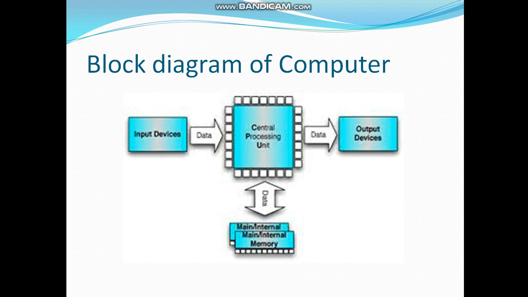Here you can see the block diagram of computer on the screen. This is very important from the exam point of view. It basically depicts the four operations of the computer: input, output, processing and storage. Through the input device we feed the data into the computer, and after that the data goes for processing in the processing unit, and after processing the output will be displayed on the output devices, or it can also be saved in storage for future use.